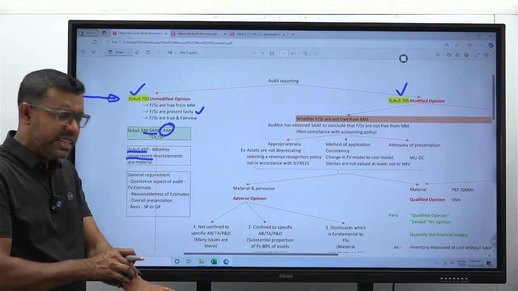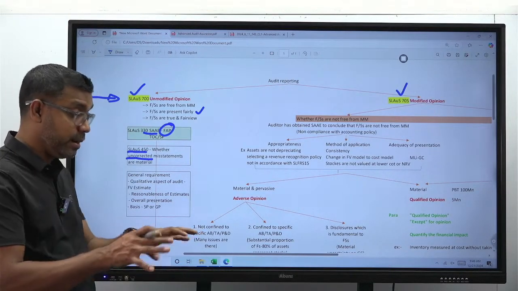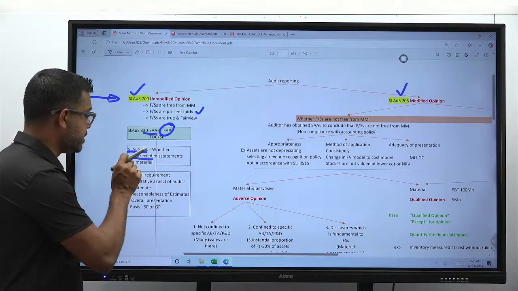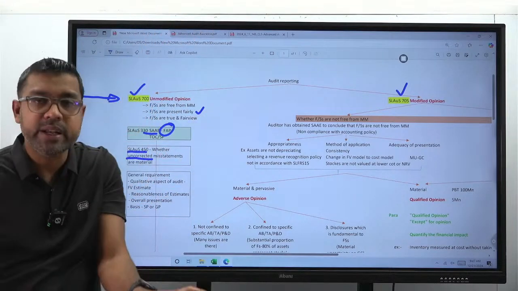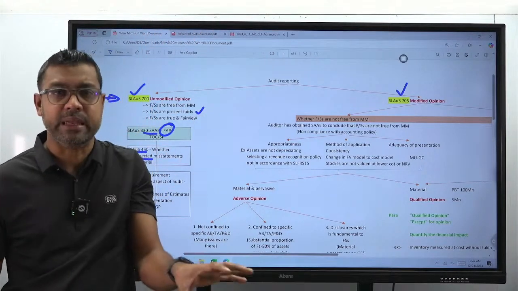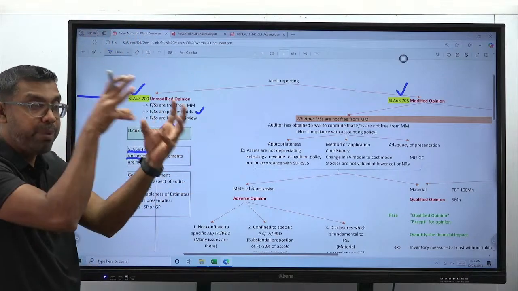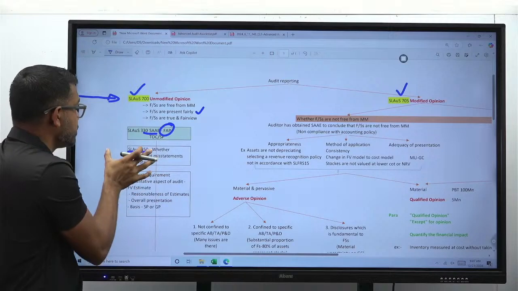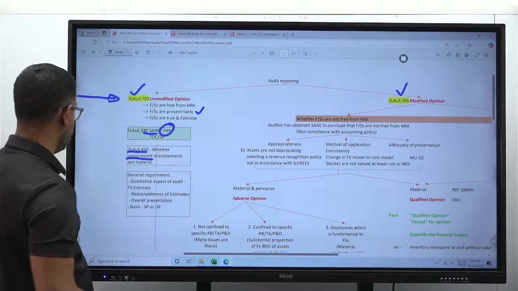But there are some misstatements you will not adjust. What are those misstatements? Uncorrected misstatements. You take the list of uncorrected misstatements which are not material and see whether the cumulative impact of those uncorrected misstatements is material. Example, now let's say